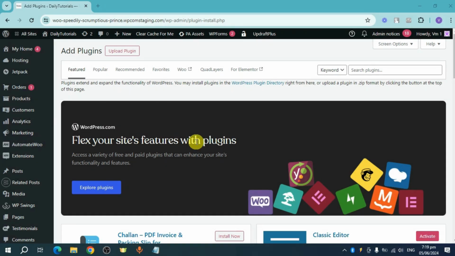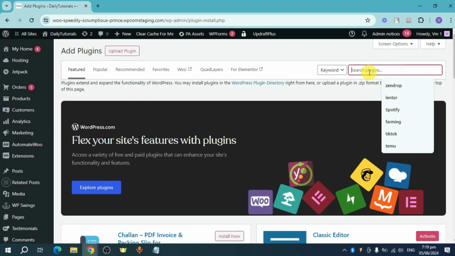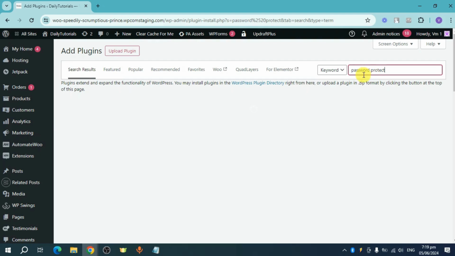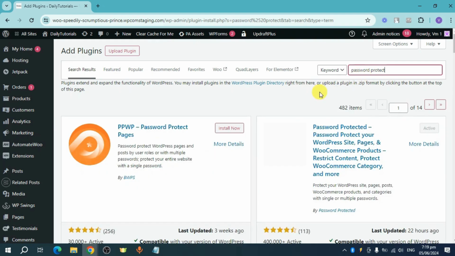Let's get started. What we can do is head over and install a plugin. Search in here for password protect. Once you have searched for it, you should be able to see some search results related to that. Now you can see this PPWP that can password protect pages, posts, multiple passwords, and even your entire website. So head over and click on install right here, and from there it will begin